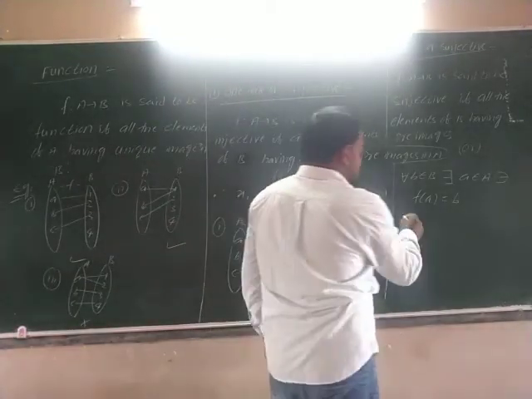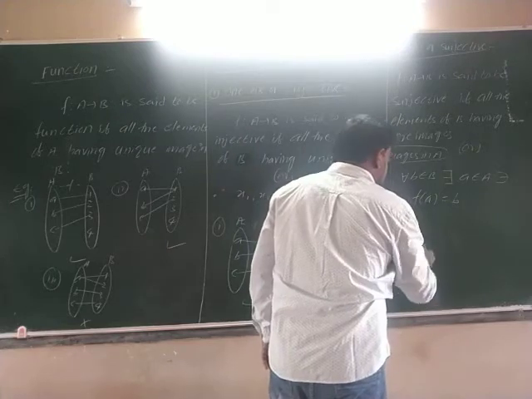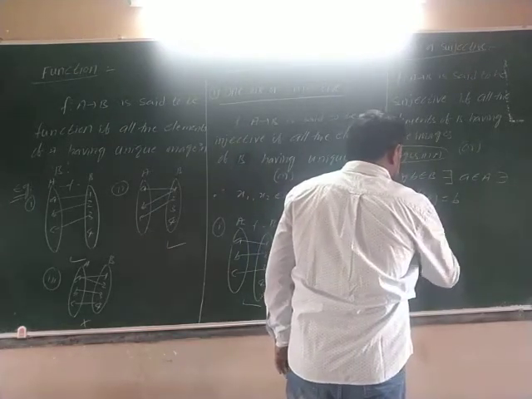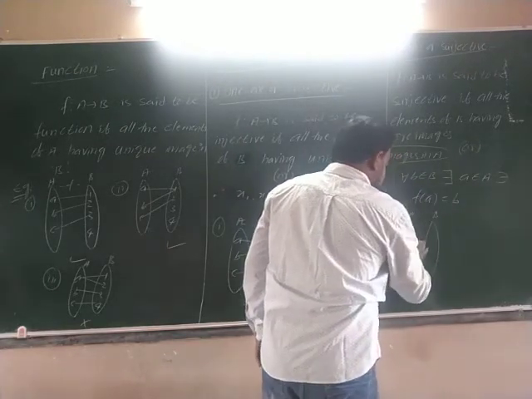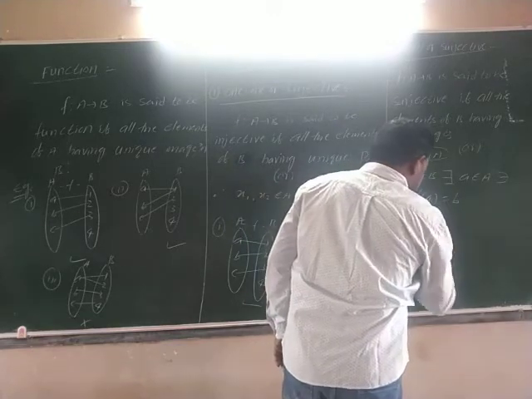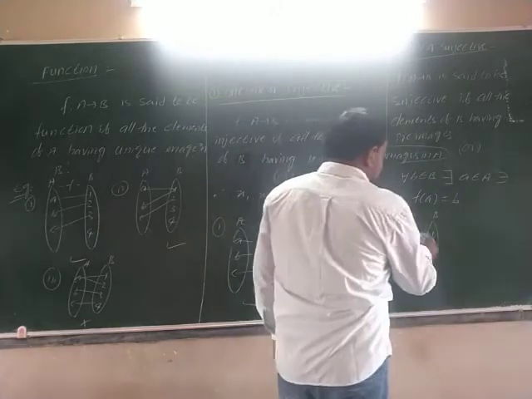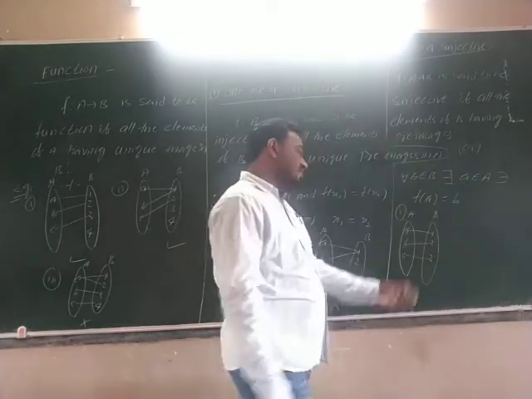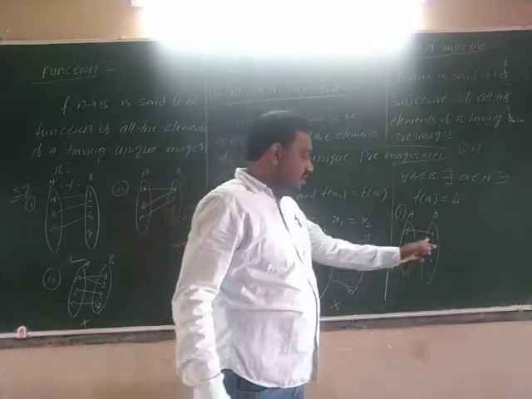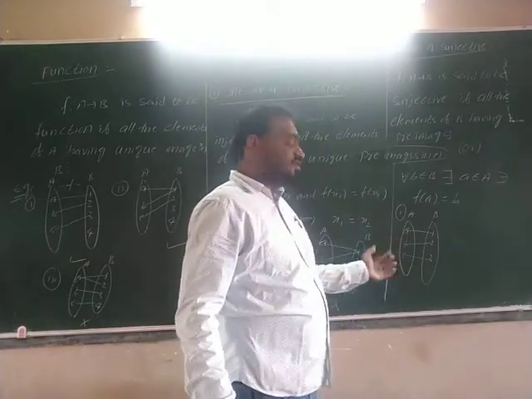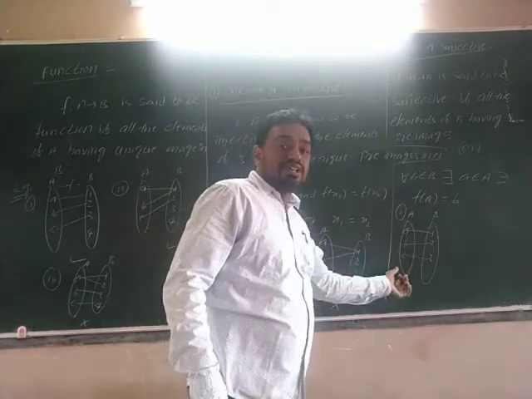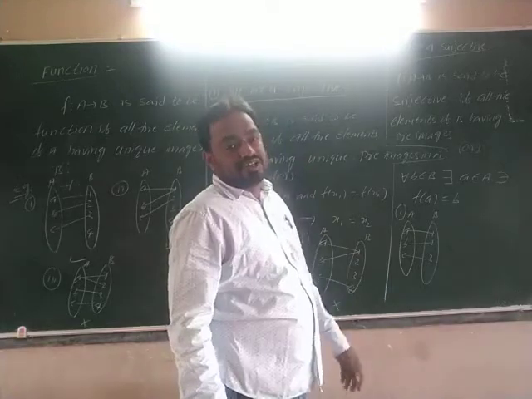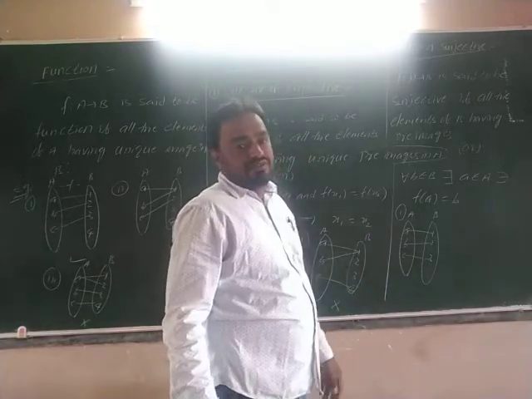One more here you see which is the onto function. You see one example here: a, b, c, 1, 2, 3. So a is related to 1, b is related to 2, c is related to 3. So it is the onto function because all the elements have pre-image. Is it one-one or not? It is the one-one function also. It is one-one and onto function.